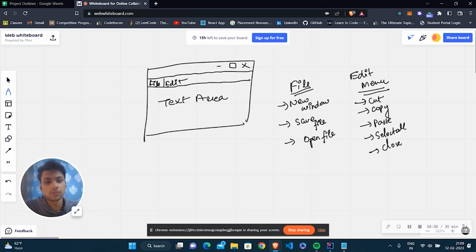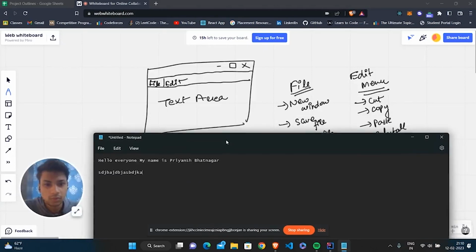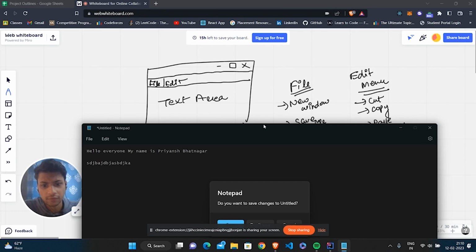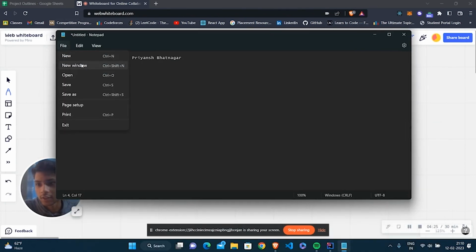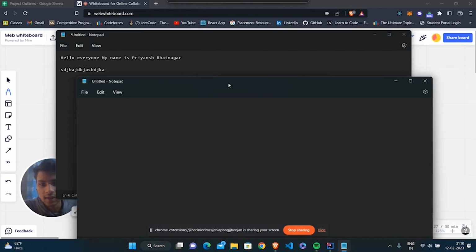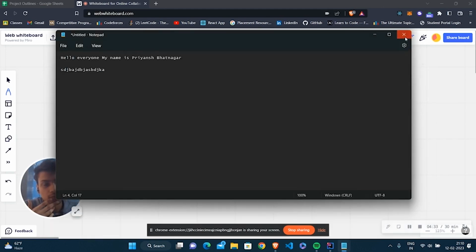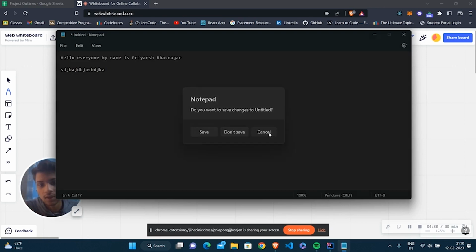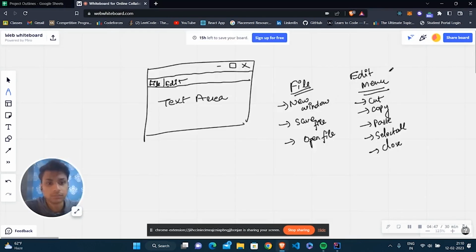Okay, so now you guys might be familiar with what these functionalities are. So what new window does is basically this opens up a new window, right? If we go in the Notepad, and if I click on the new window, it creates an identical new window of the Notepad, right? And similarly, if I click on open, it is going to open a saved file. Okay, and if I click on save, then it is going to save the current file. Okay, the current text that is present inside the text area. Fine.